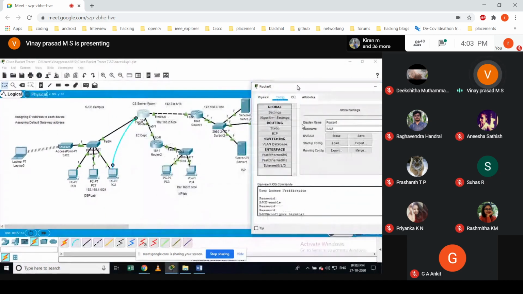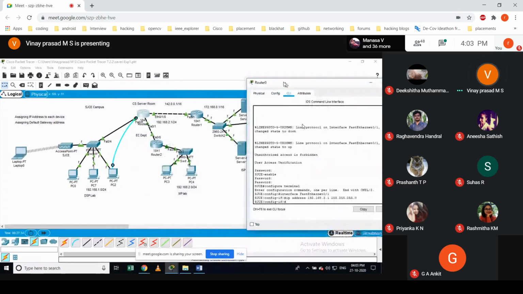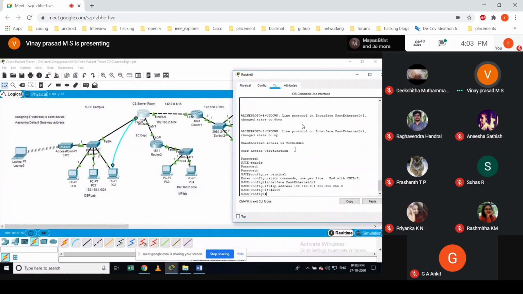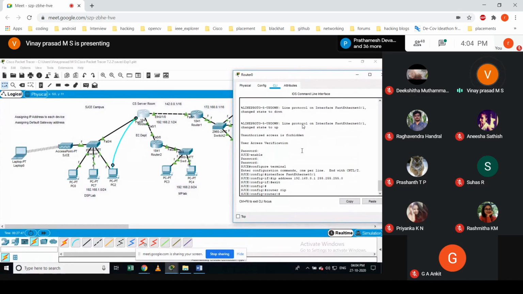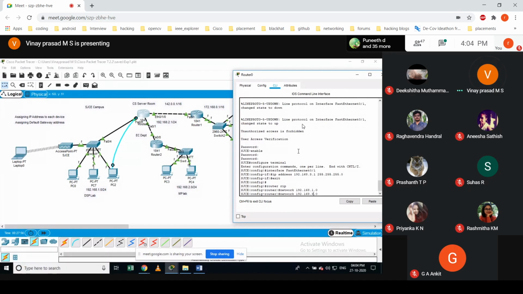So it's very simple. You just follow what I do in this command line, and you are all familiar with this command line, right? I am right now in global configuration mode. Enable, then config t, and you will be in global configuration mode. Then you enable RIP, so router rip, then we declare the network address, which is 192.168.1.0. Then we use another one, which is 3.0.